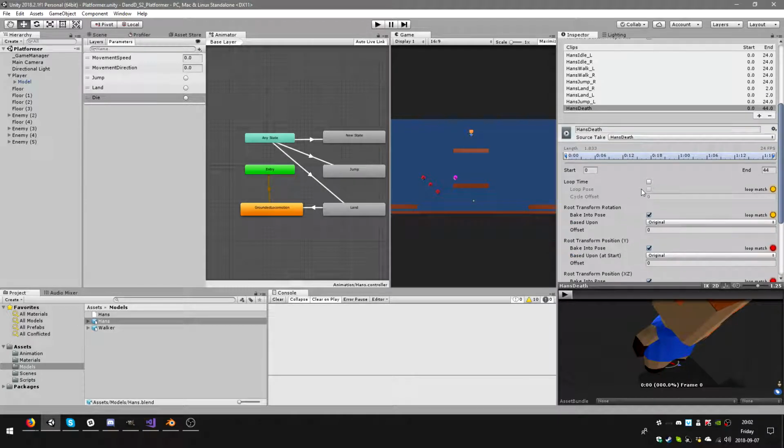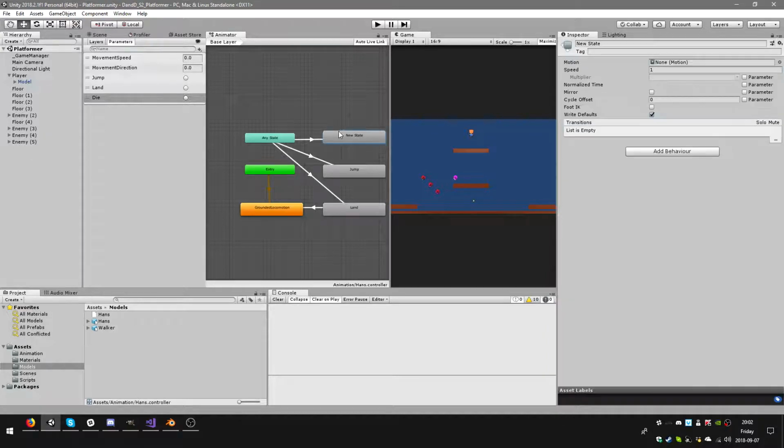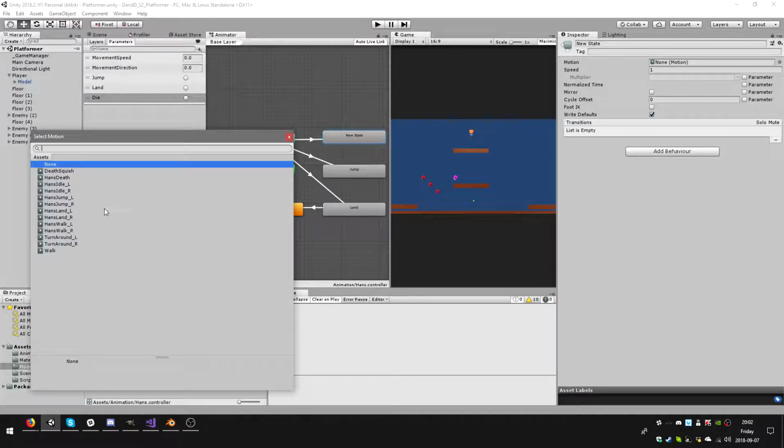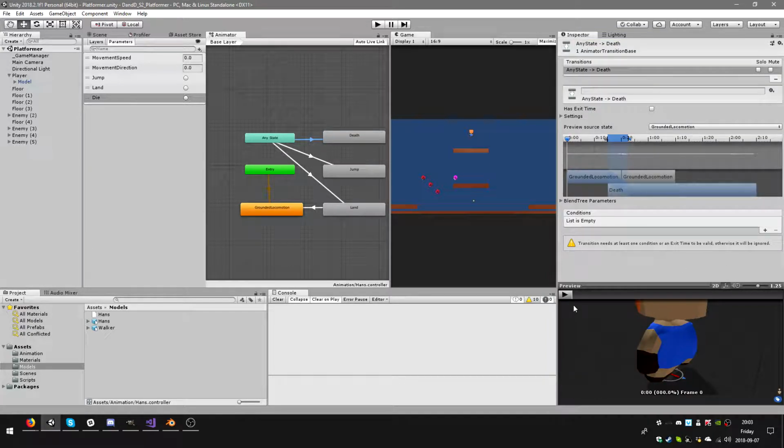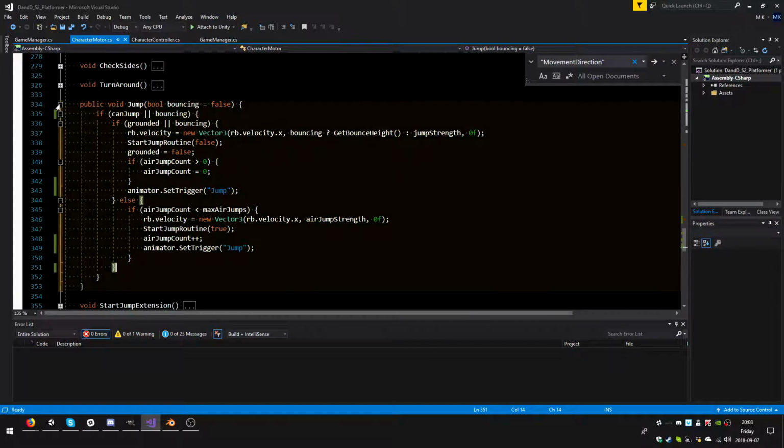Okay, so we can begin by adding the animation. Call it death. And the transition, let's see how it looks. Yeah, fine. But we want a transition that's much faster. Yeah, poor guy. Okay, that sounds good. Nice. So let's go to the code and find when we die,